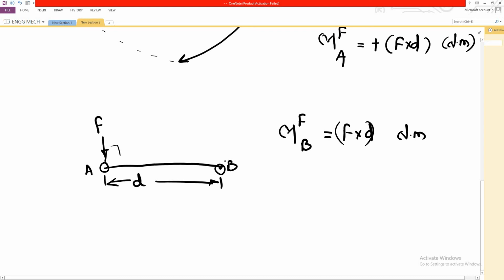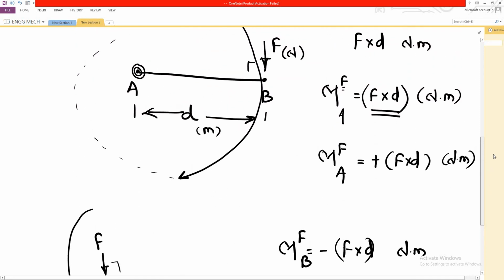But here we can clearly see that if we are putting the force on point A, and the reference point is B, then this force is going to cause anti-clockwise rotary motion. A rotational effect will be there, definitely the moment will be creating some rotation, but the direction of rotation in this case is anti-clockwise. That's why when we are writing moment of force with respect to point B, we have to put a negative sign over here. Now in both examples we saw how a clockwise, that is positive, moment is being generated.